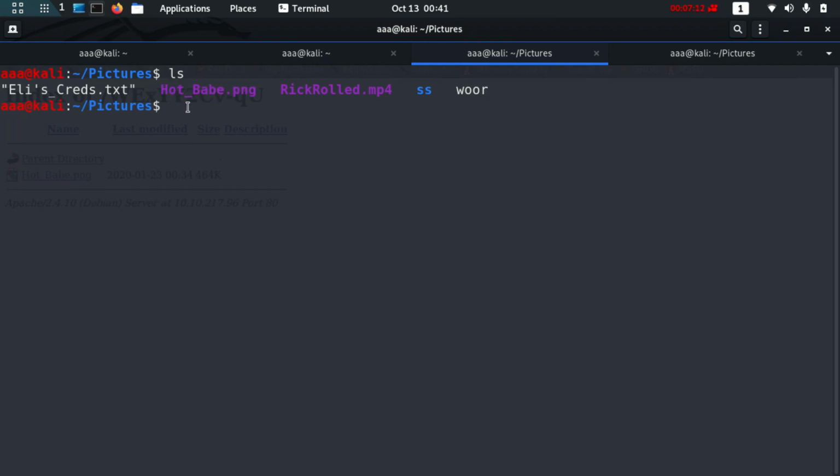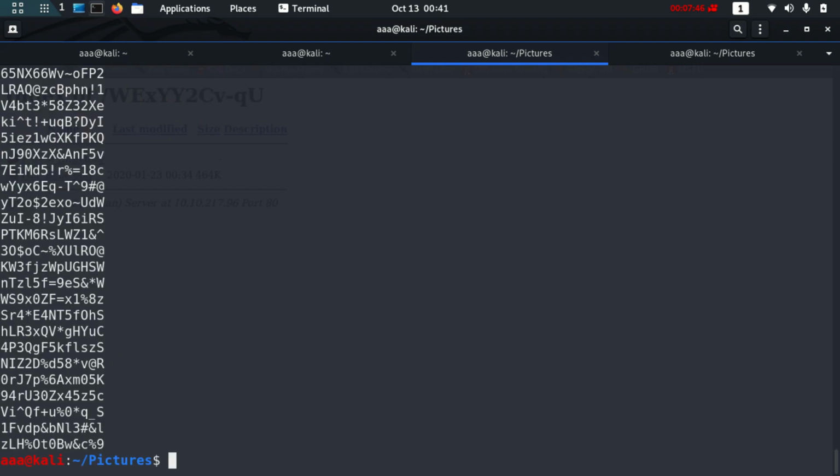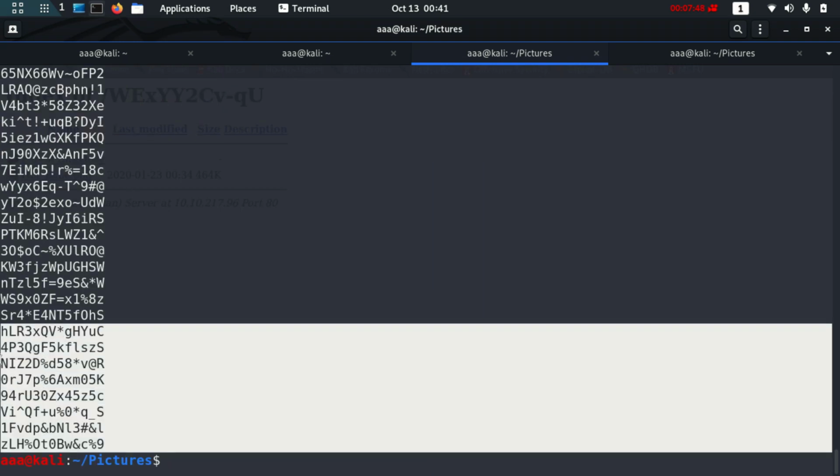Now let me use different types of tools like exiftool and binwalk. Then I can even use steghide. Out of all of these tools, none of them gave great results, so I used strings and the name of the file, and it gave me something like this, characters and all.